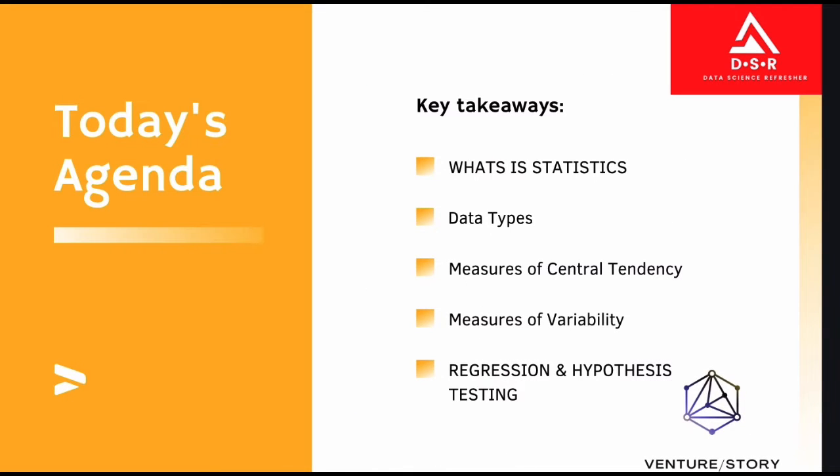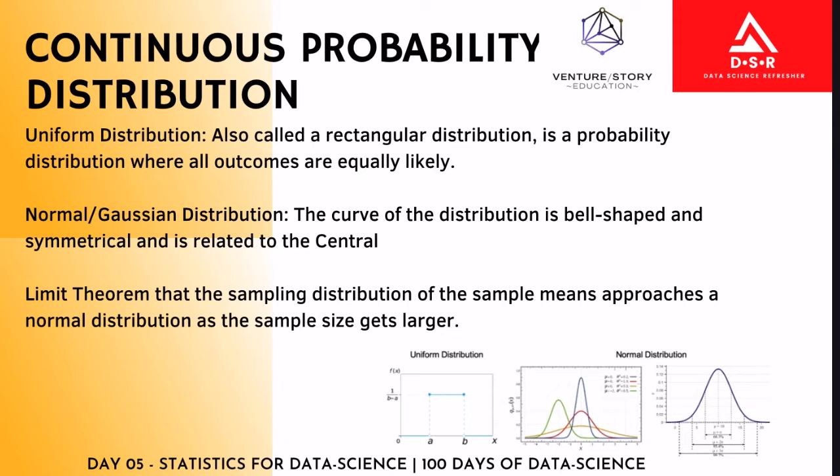This is a continuation from the previous lecture. We are studying what is statistics. We studied data types, measures of central tendencies, measures of variability, and now we would be looking more into regressions again. Continuous probability distribution. So before starting it, I would remind you that the homework for these two lectures is